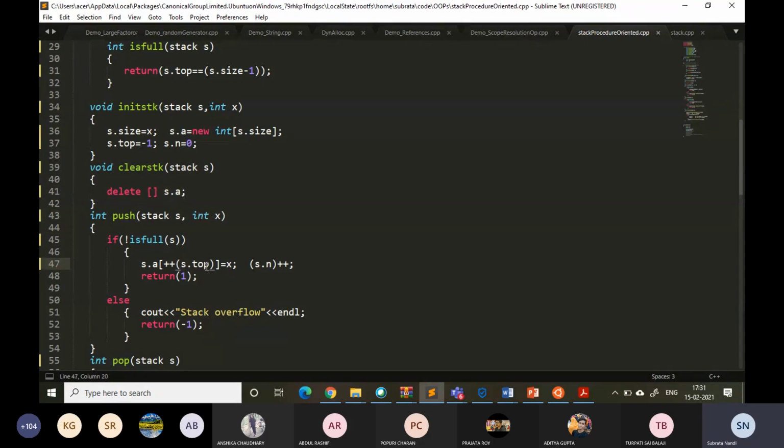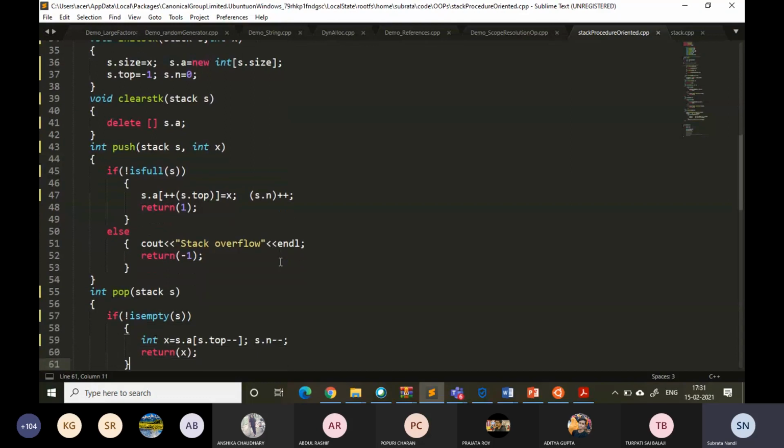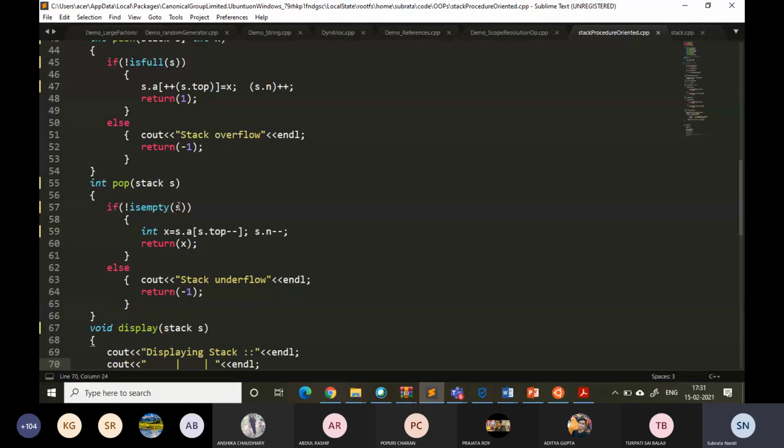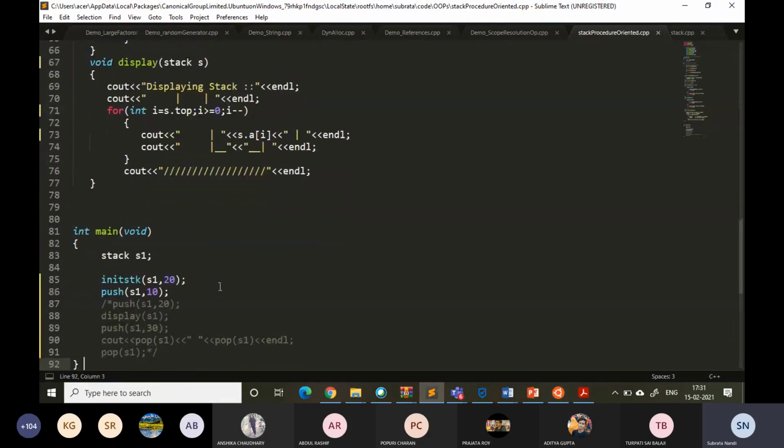Is full is this. If it is not full, then we increment top and then assign the value to it. s dot n is also incremented, returns 1, else it writes stack overflow and returns -1. Pop means it checks if it is not empty, that stack that we pass, it will get the s dot a of s dot top to x, decrements n and returns x, otherwise it will return stack underflow, and displaying the value in a suitable format like this. So here I have called init stack. So this is the stack variable or stack object